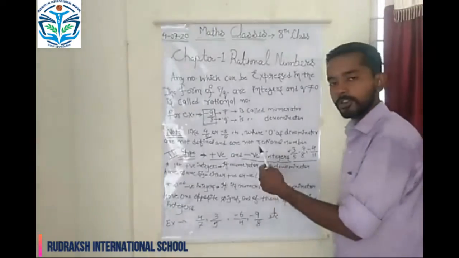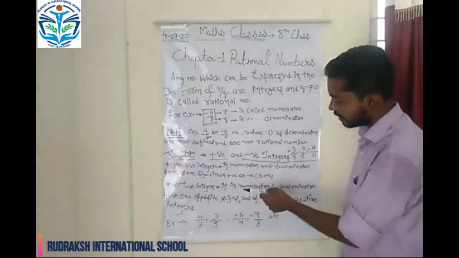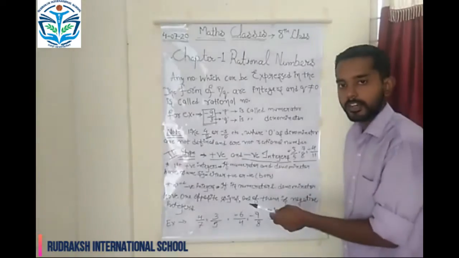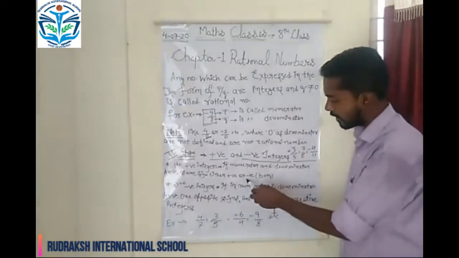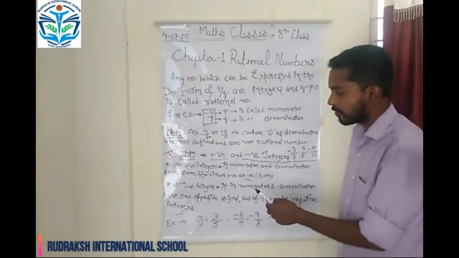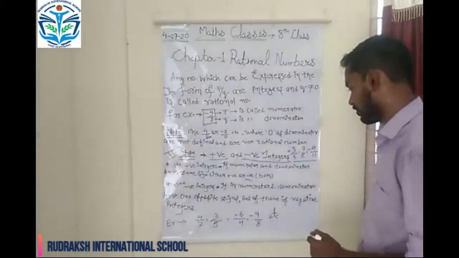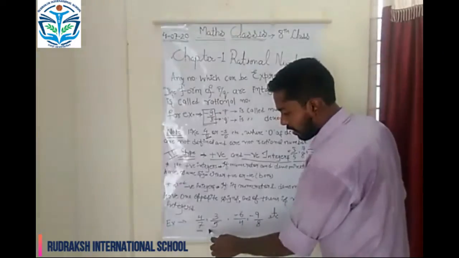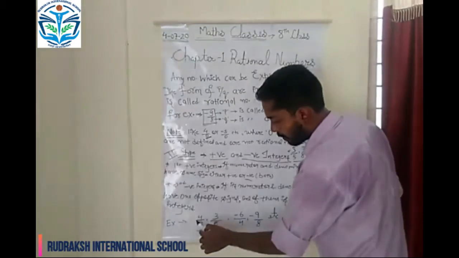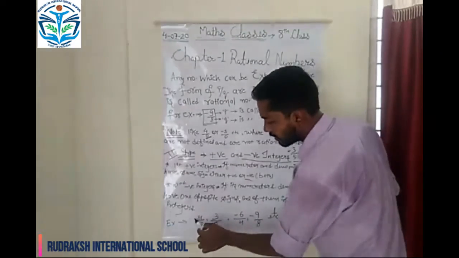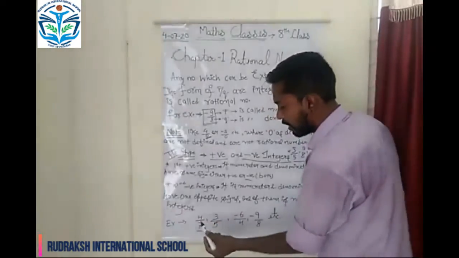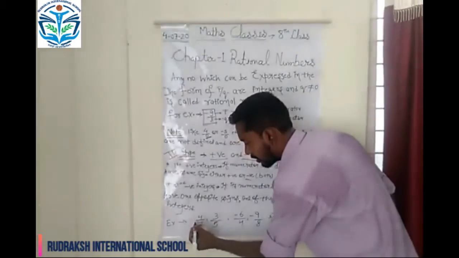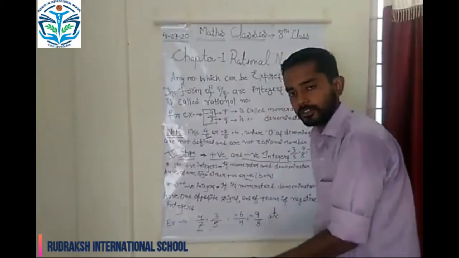and on the same side, if both of them are having the negative signs, numerator and denominator both in negatives, then they will be called the negative integers. जैसे कि आप देख सकते हैं कि minus 4 upon 7, positive, this is 4 upon 7. Here you can see that there is no sign in front of them. If there is no sign, then these integers are called positive integers.